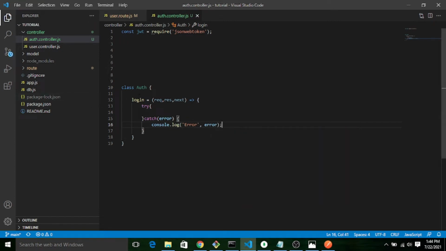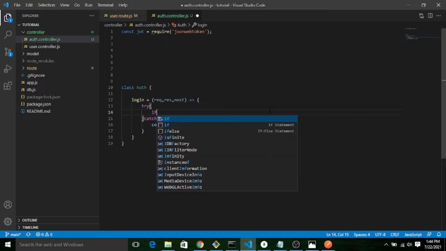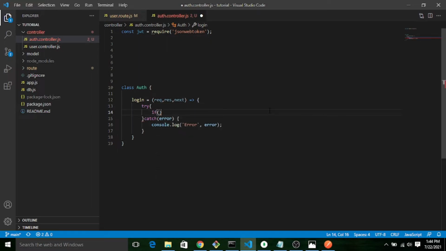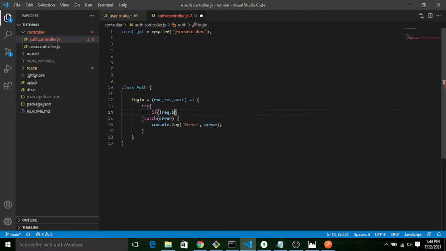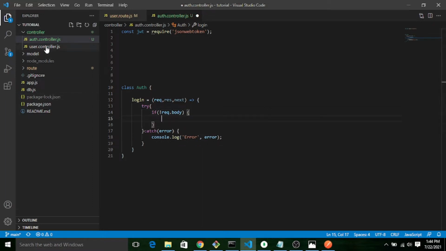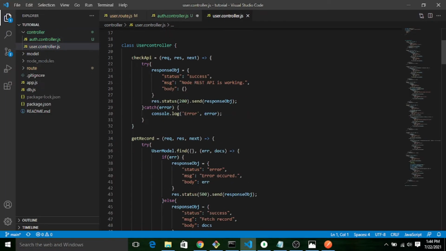Same as we have done before, first we will check whether the body part is present or not, using request.body. Here we are checking the input payloads. If not, I'm going to copy from here. We will return the response to the user.